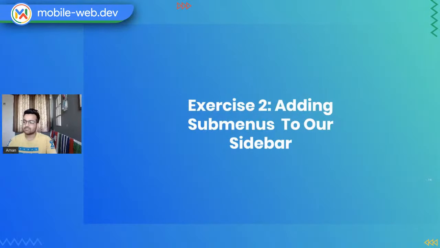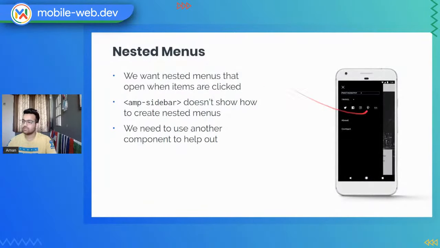Then we are going to add submenus to our sidebar. Submenus are something like: you click on the photography plus sign, it opens up, and if you click on the minus sign, it closes. This is very helpful in creating compact menus that also have a functionality to open up. So again, the section tag is a semantic tag